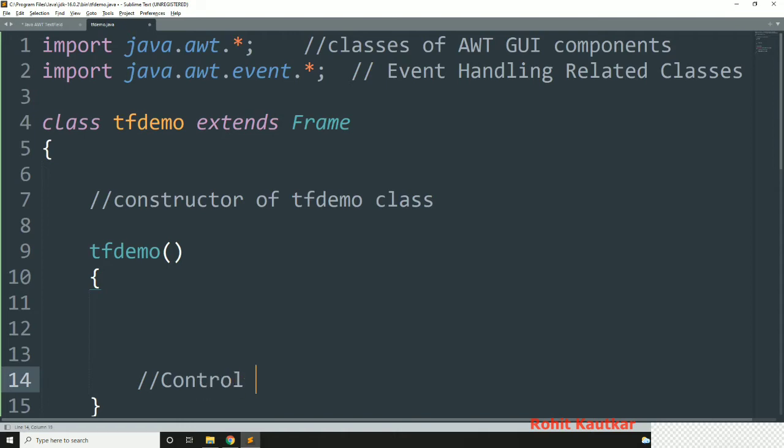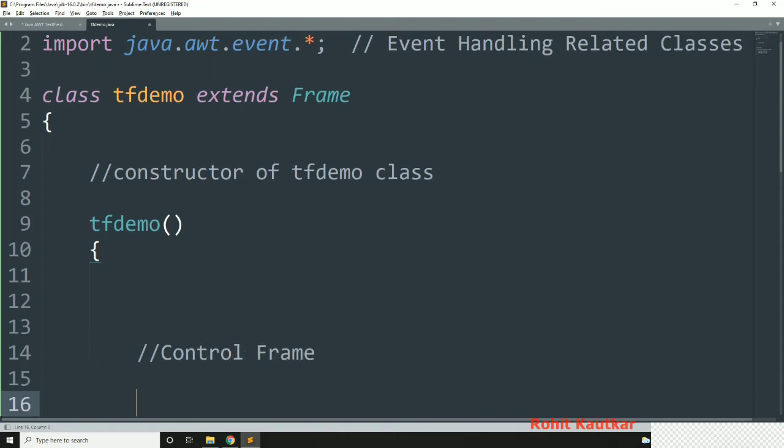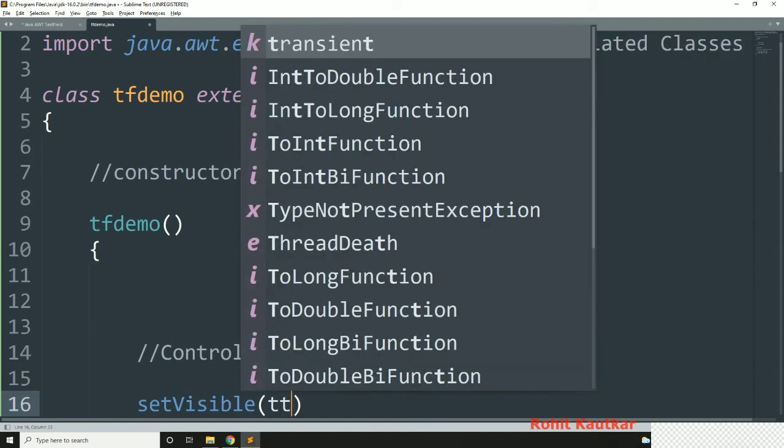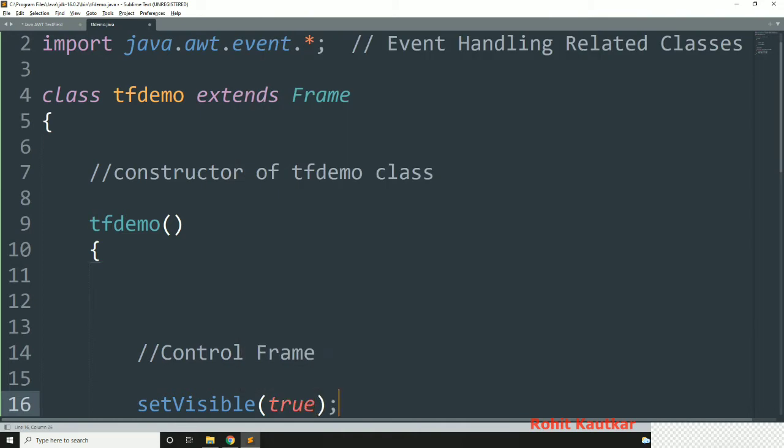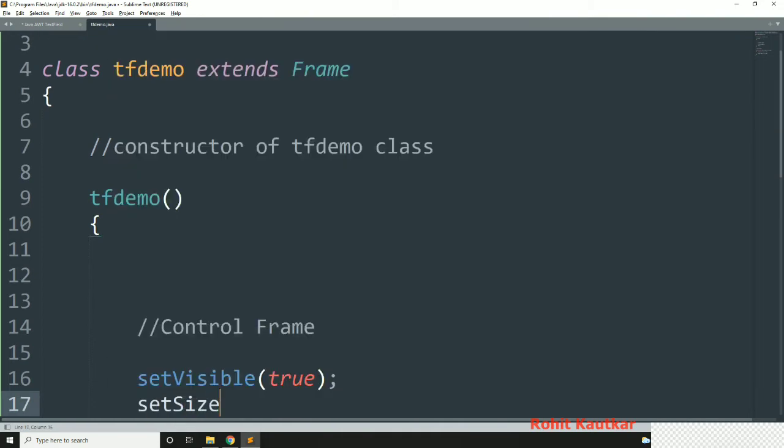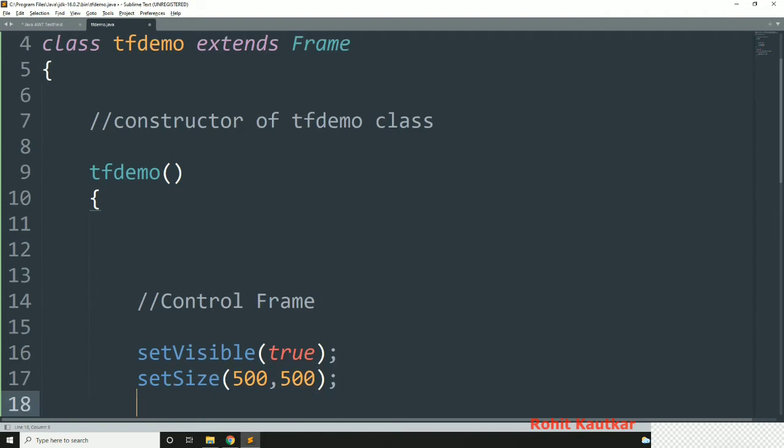So I will write here control frame. Let's say first we make it visible by using set visible method, and its value will be true. Next, set size, let's say 500 by 500. Then next I will use set title, for setting the title of our frame.